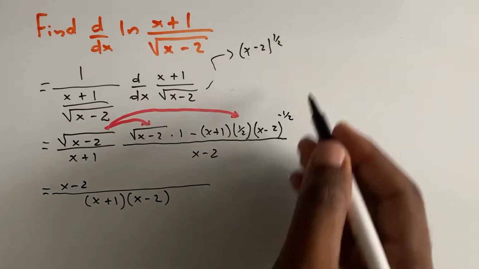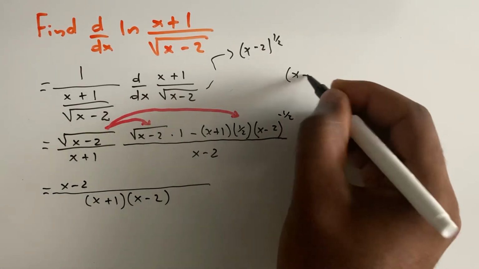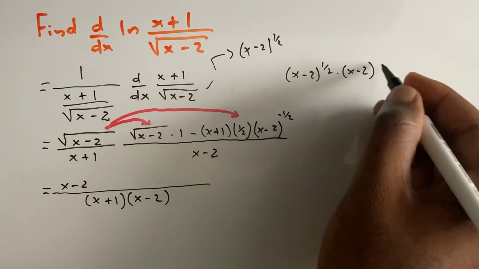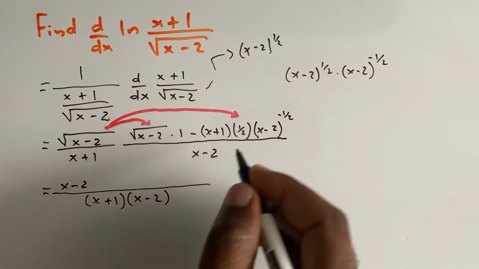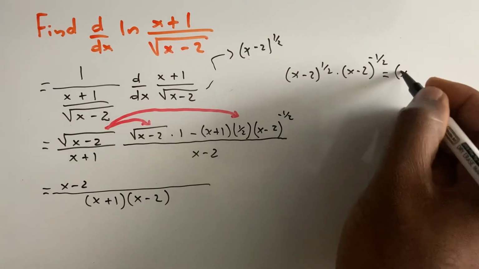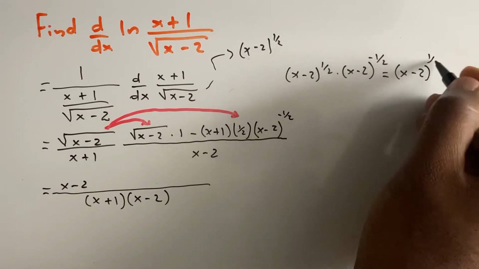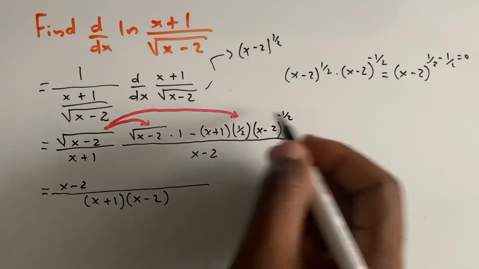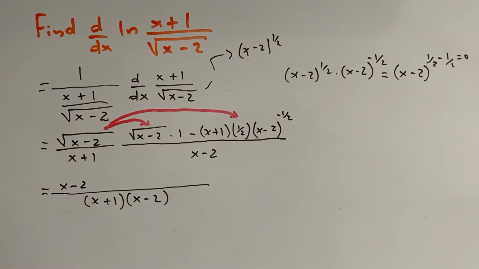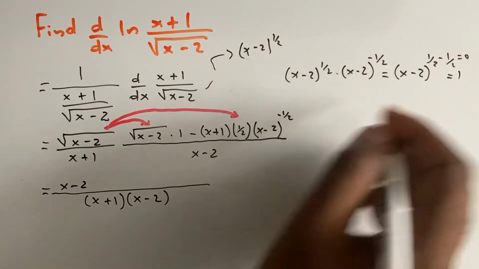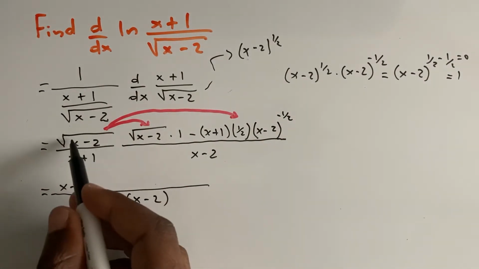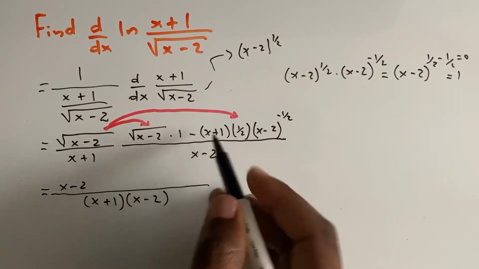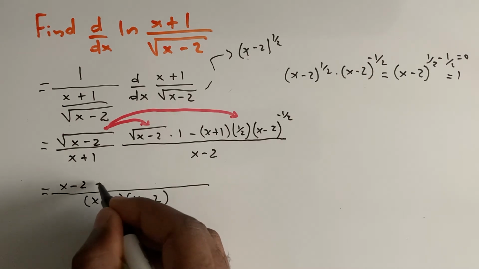You combine the exponents: half minus half is 0, and anything to the power of 0 is 1. So when I multiply these two, I get 1, which is gone, and 1 times this is the same thing. What remains is just negative half